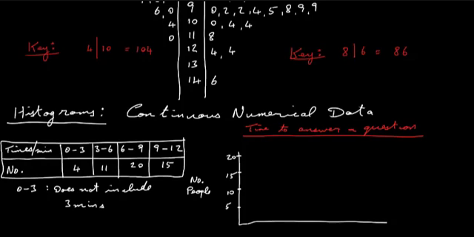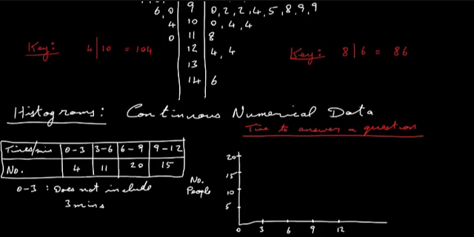So to draw this then, we would start here, we would go out here, let's say out to here. This would be 0 to 3. You go out the same distance again, so this would be 3 to 6. Go out the same distance again, so this would be 6 to 9. And go out again, this would be 9 to 12. So this would be 0 to 3, this would be 3 to 6, this would be 6 to 9, and this would be 9 to 12. So drawing the graph then,